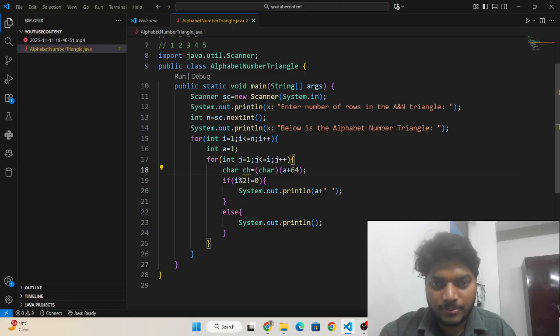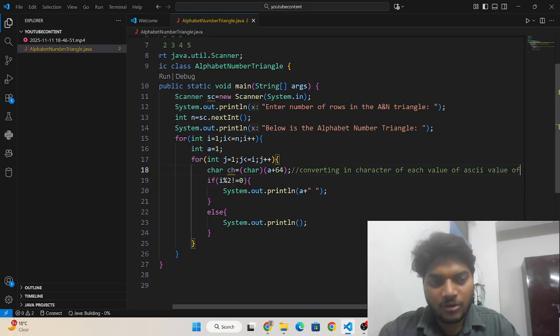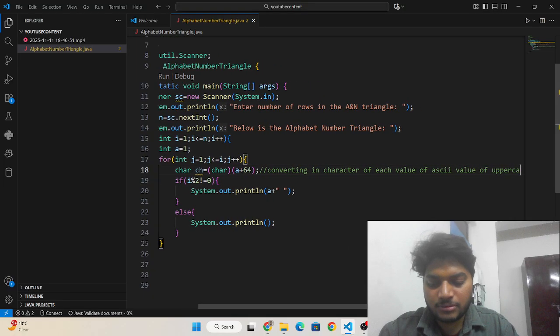Here I am converting the ASCII value into a character, of each value of the uppercase letter.